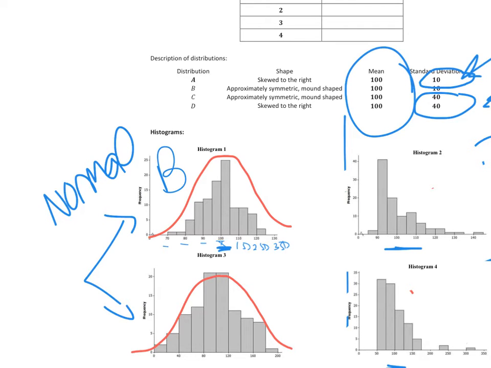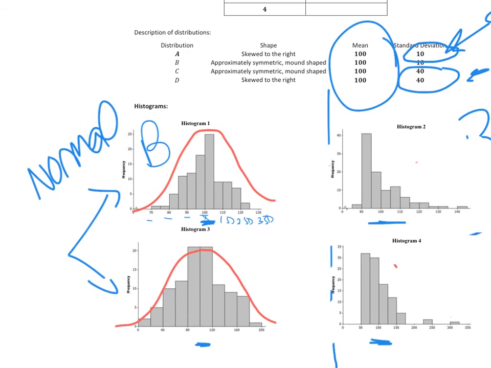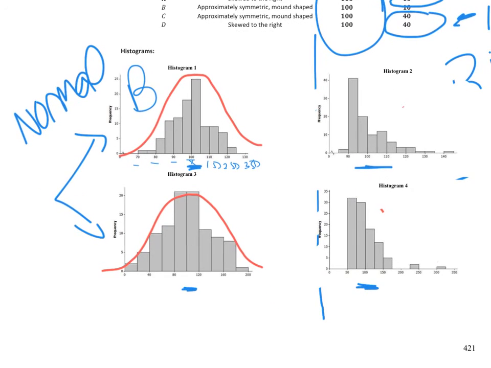Okay? Now looking at the next one, I know it has to be either, well, we already chose B, so by process of elimination it would probably be C. And I'm going to describe why it would be C right now. The reason is that if you added 10 to the 100, you would have 110, 120, 130. It would not cover the whole data. But if you add 40, like they're saying, that would be 140, 40 plus 40 is 180, and then plus 40 would be